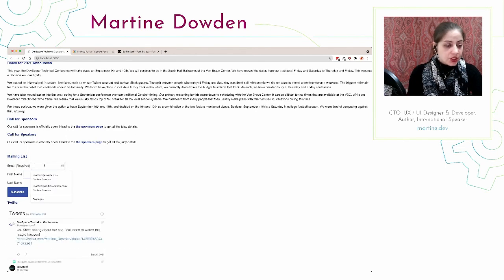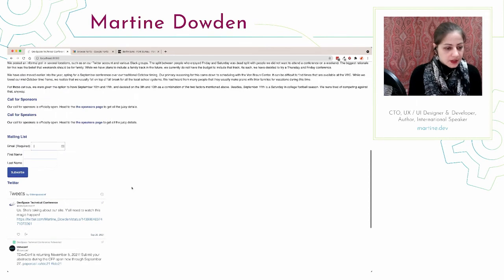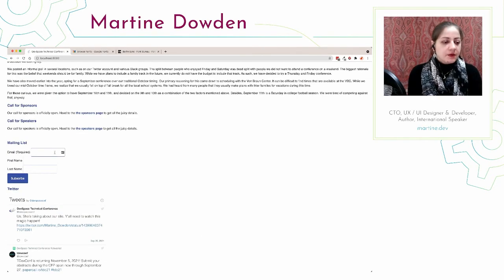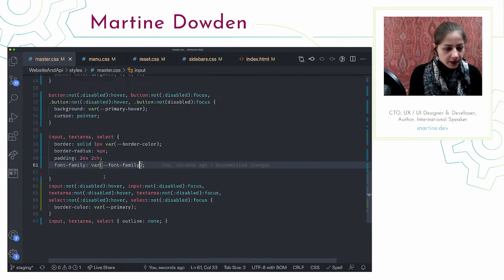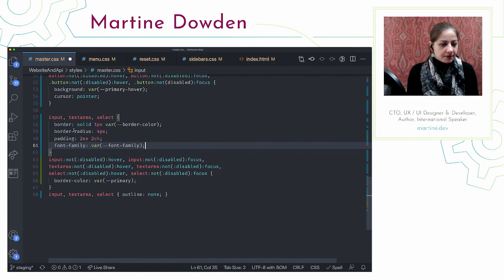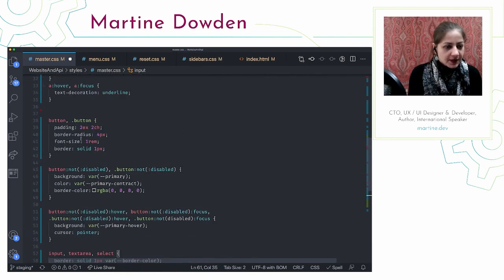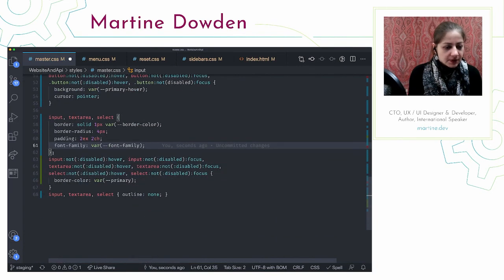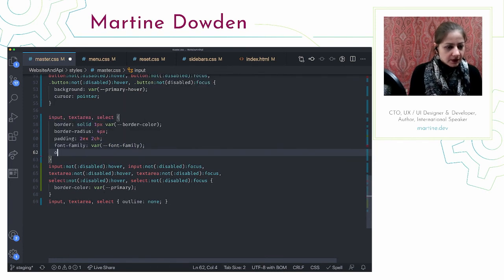Alright, so that shouldn't have changed anything because I'm in Chrome right now. So it really shouldn't have changed anything about our stuff. The other thing we're going to do is make our disabled now. Might as well, that way it exists. The same way we did before, where we set the base and then handled individual use cases, I'm going to do the same thing. So we definitely have our hover and focus. Oh, I have this twice. We definitely don't need to do that twice. There we go.